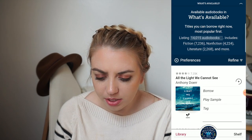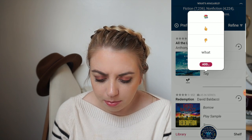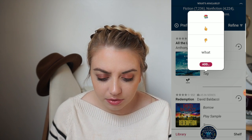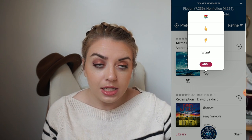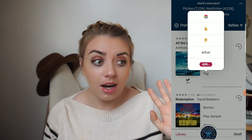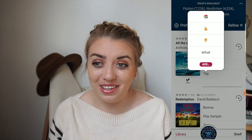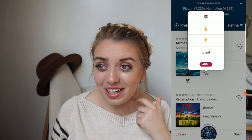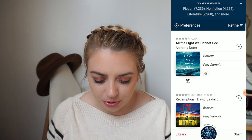Oh wow, there's a lot of books here that I actually wanted to read, so that's pretty cool. So actually, before we get into borrowing, I am going to just show you how to tag things. I have a couple of different ones. They give you the first 3. So the book stack, the thumbs up, and the thumbs down are the 3 lists that you are preloaded with, and then you can create your own. I have one called What, because there was a book that I found that I don't understand at all what it is, and maybe I'll do a future video on all of the books that I find that make me say that out loud. So this one I'm going to put to the book stack because I want to read it,